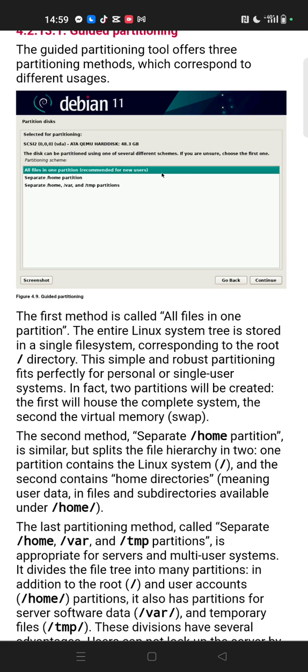The first will house the complete system, and the second is the virtual memory, the swap. Second method, separate home partition, is similar, but it splits the file hierarchy into two. One partition contains the Linux system, root, and the second contains home directories, meaning user data in files and subdirectories